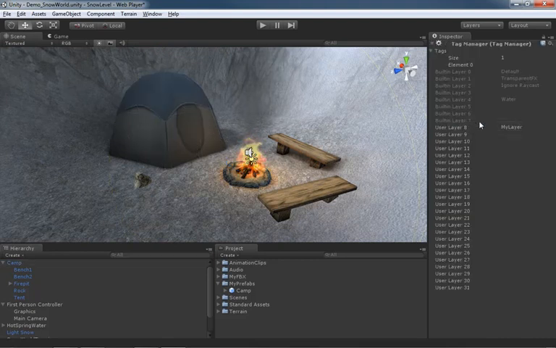What this does is jump us over to the Tag Manager, which has all of your tags listed at the top and then all of your layers listed at the bottom. Creating a tag is simple. There is always going to be an empty element. Now here we have element 0 because we have no tags, and 0 is going to be our first tag, and it has no name, meaning technically this is kind of an empty spot waiting for us to create a